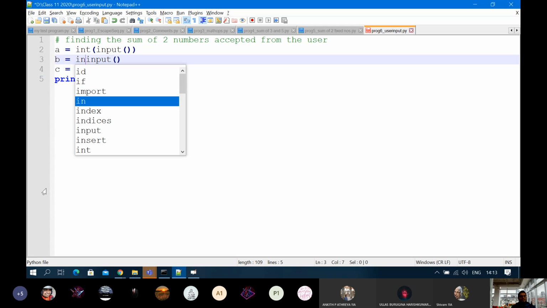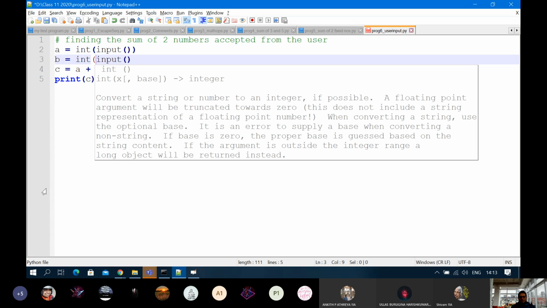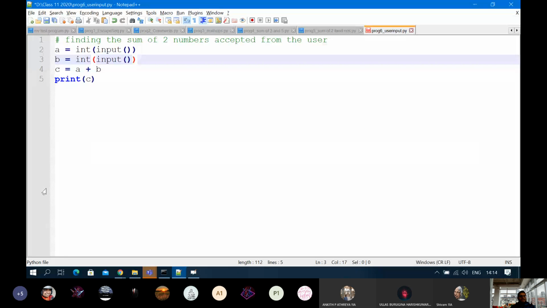Similarly, in the second case also, we will change the digits that you have entered as numeric values, but they are inside quotes, so they are treated as a string, because input automatically converts all the values entered by the user into string.